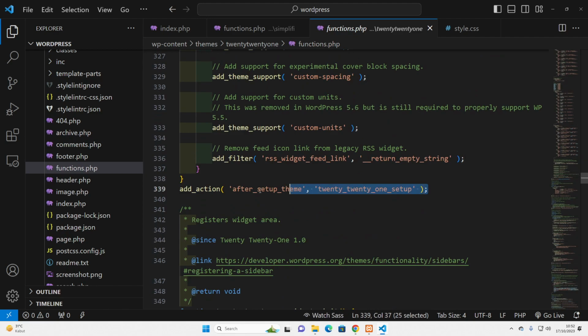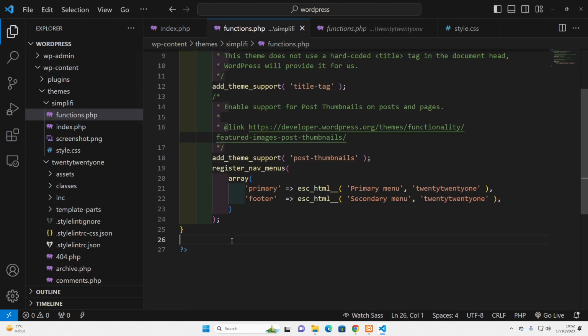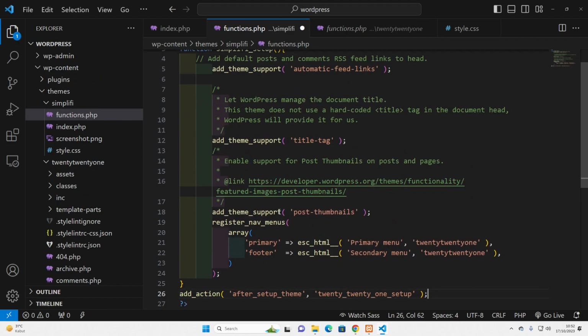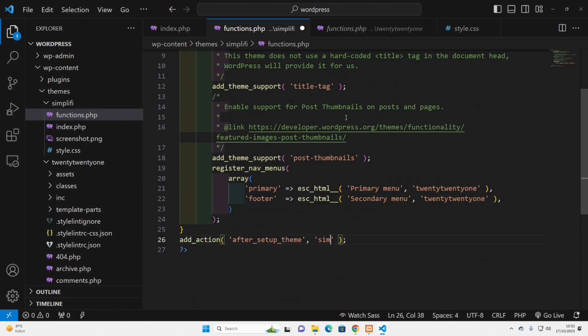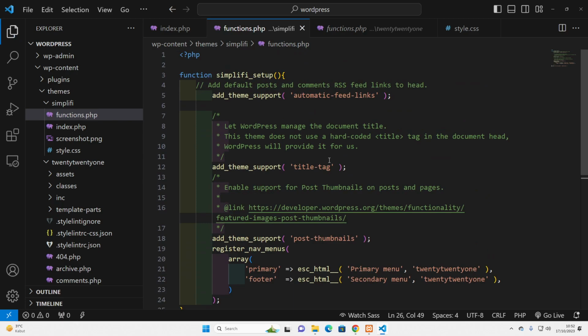So you can copy that, add_action after_setup_theme, and place it after the functions. So you can name it simplify setup. Okay, now if you see,